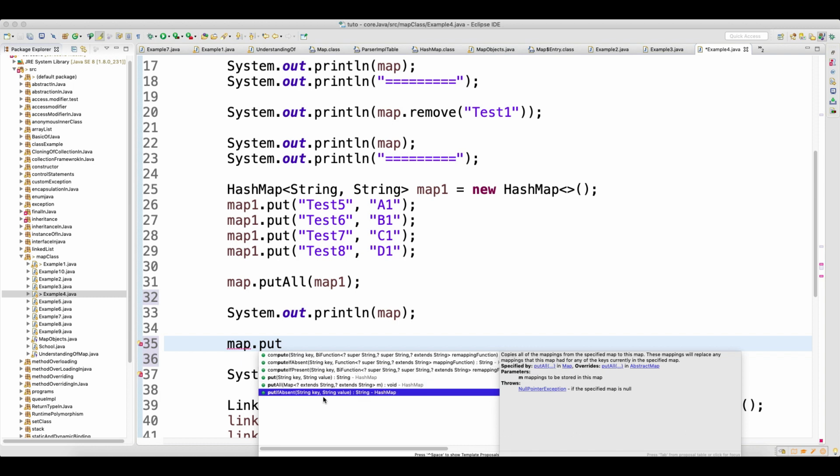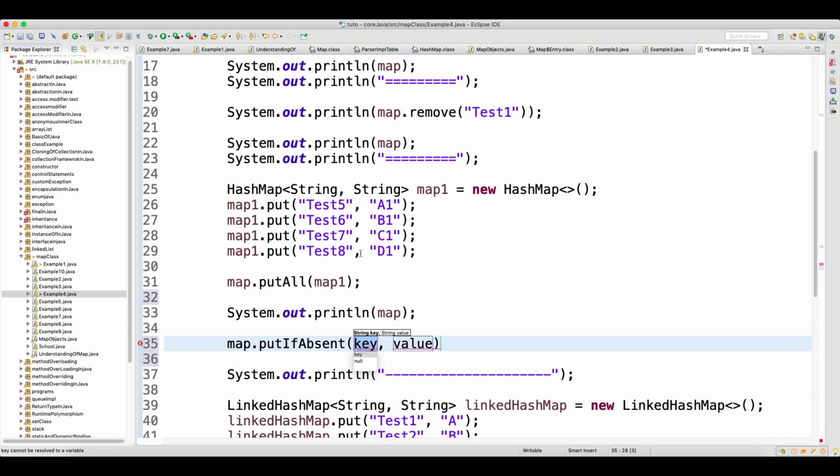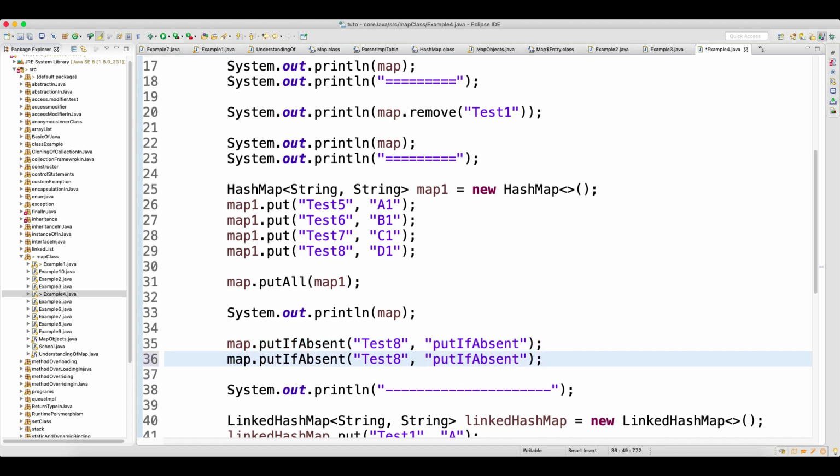These two methods you can use to add data to the hash map, and then you have something called putIfAbsent. You put only if the key is not present. I will cover how this works too. So let's say on the map I will write a key with the value "putIfAbsent", meaning it is added if the data is not present, and then I will write one more where the value is 80.